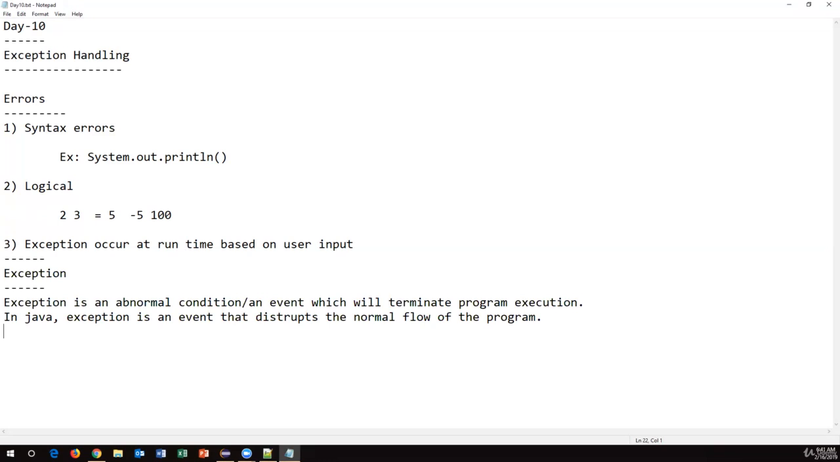So an exception will occur. Because of that exception, the rest of the code in the program will not be executed. It will immediately terminate your program. Okay, that's the main behavior of an exception. An exception is the event which will occur at runtime, and the effect of the exception is that our program